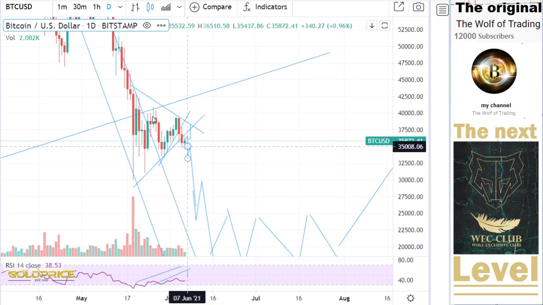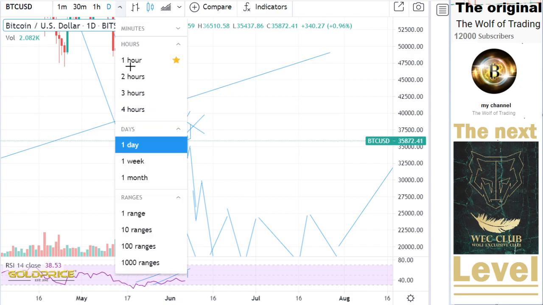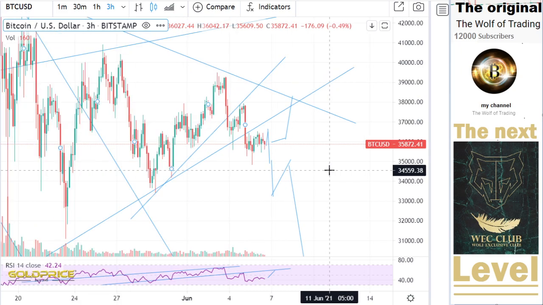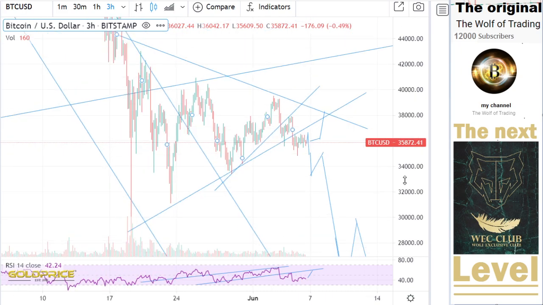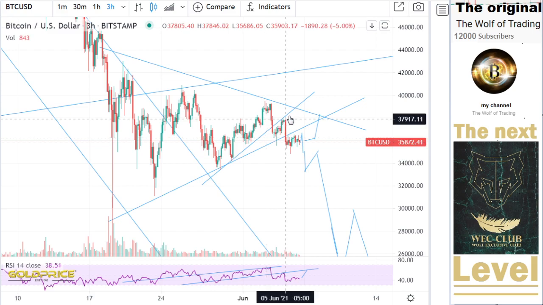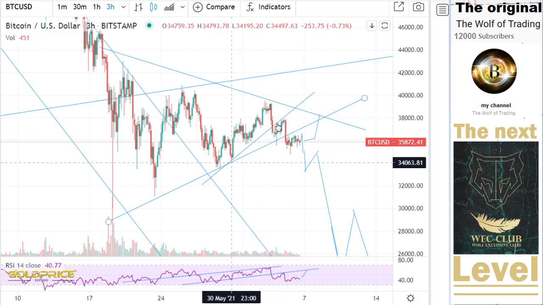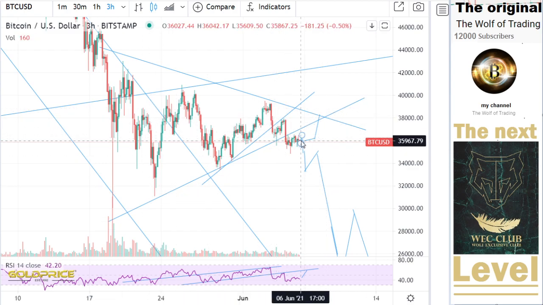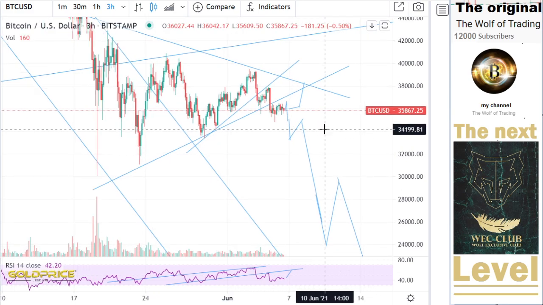And I think we will go to the downside. The reason is we are out of this triangle. If I zoom to this area, you can see we already broke this to the downside. This is our triangle, and we fall out of this triangle. We break this resistance line, first break, then this is the second break, and you can see we will fall to the downside. I think one